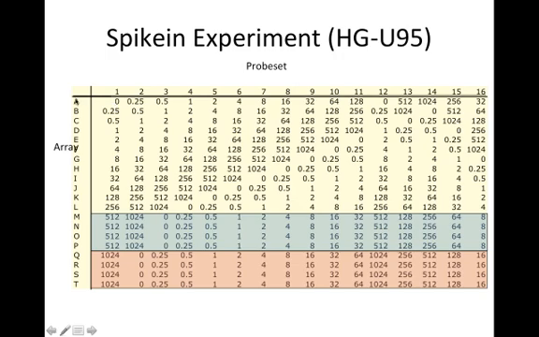So in array A, we don't add any of probe set 1, but then in array B, we do add 0.25 picomolar, then 0.5, and then we double each time. Right, so now we do that for the second probe set, but now we start at 0.25, and we double each time. So the nice thing about this is that if we compare two arrays, say A and B,